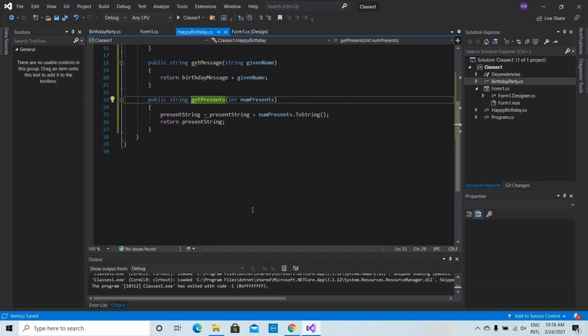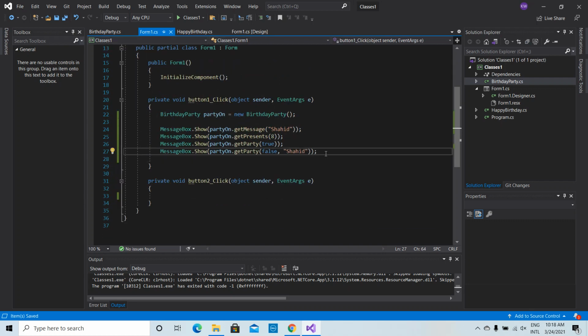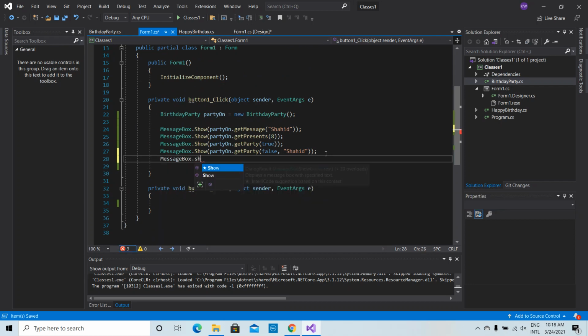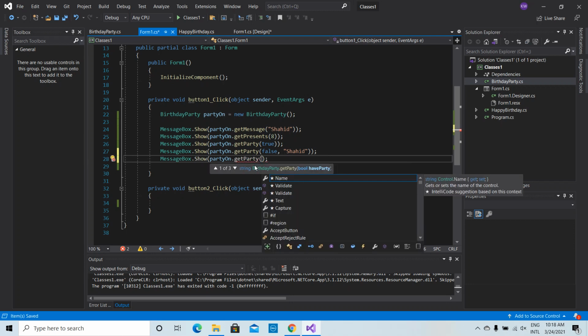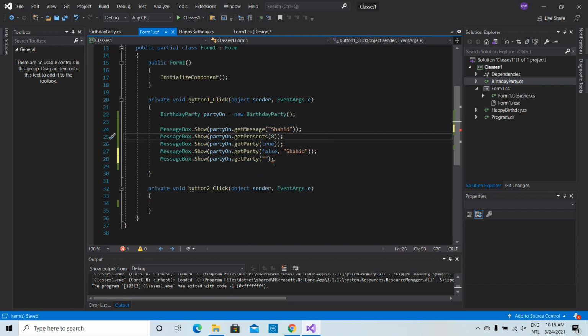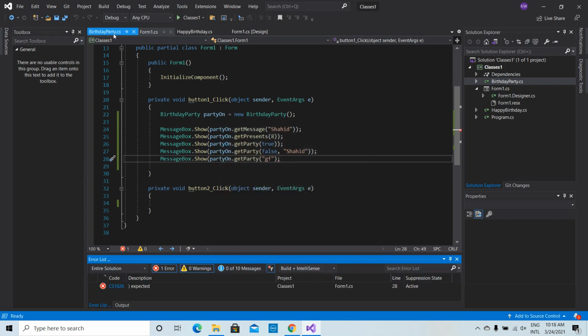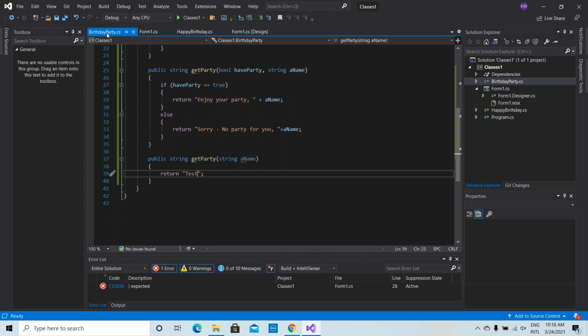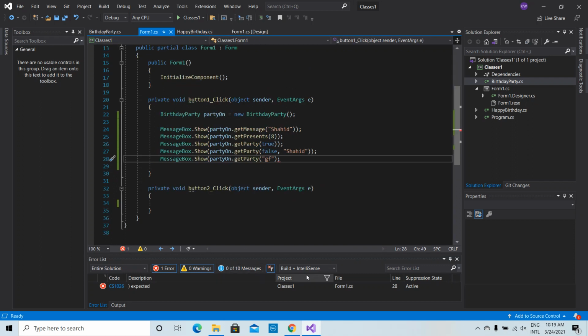Then if I go here, message box dot show, party on dot get party. You can see three overloads, 1 2 3. Likewise, if you put a string here, then you will see